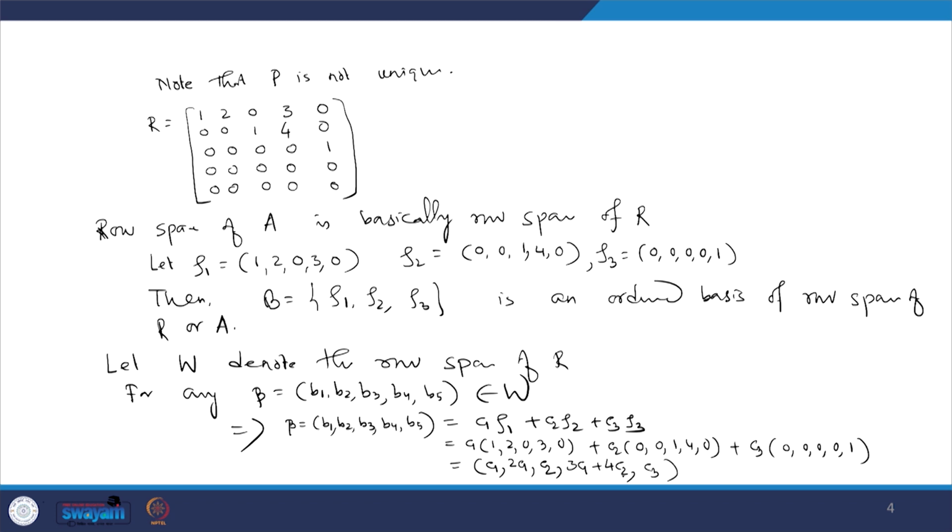Okay. So, the general element is of this form. So, I can immediately compare the coefficients from both sides. This implies b1 equal to c1, b3 equal to c2, and